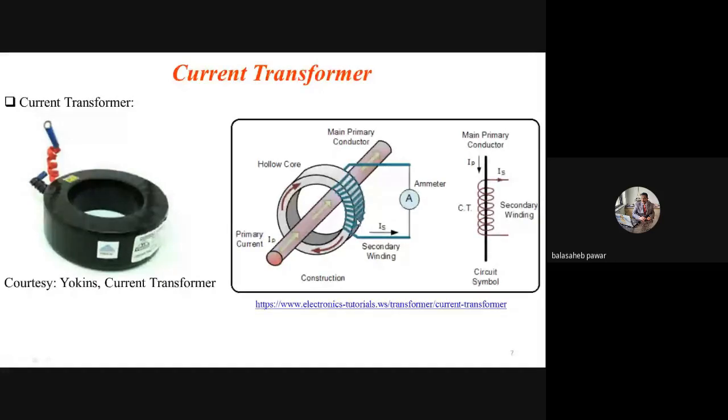Now that will again depend on the number of turns of that secondary winding. So if we are using a 10:1 transformer and the actual flow of current in that primary conductor is 5 ampere, that means we turned on only our television set and the washing machine, and when that washing machine is in working state, it will consume somewhat high power. That means the current consumed by that washing machine will be very high. So imagine that during this condition, this primary conductor current is 5 ampere. So how much will be the secondary current?